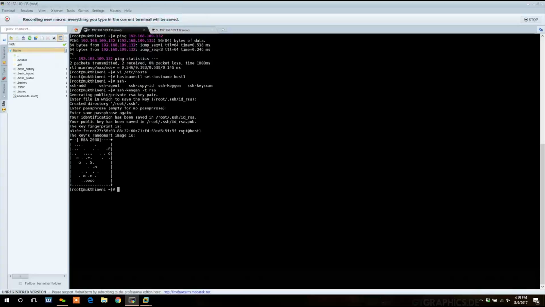This is passwordless authentication. Now, if you run this ssh, let's check this one. What is the host 2 password? It's creative23 star. Just give the password.